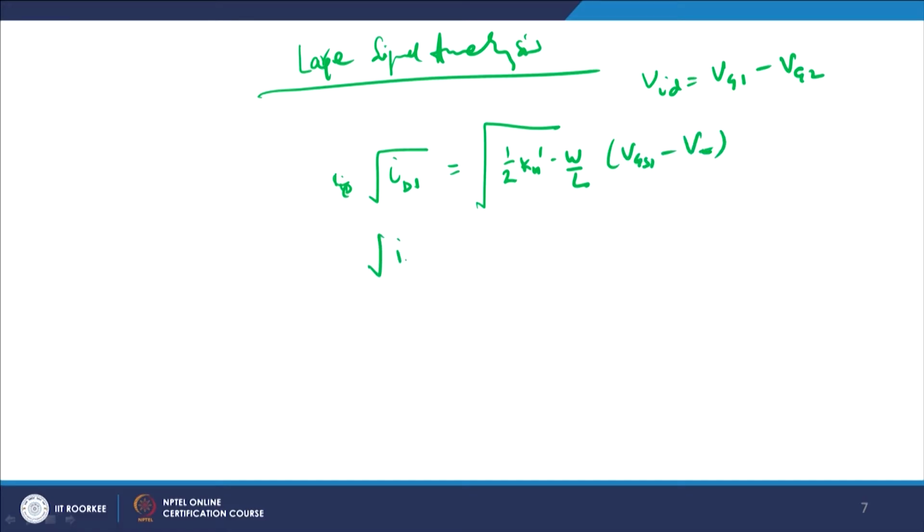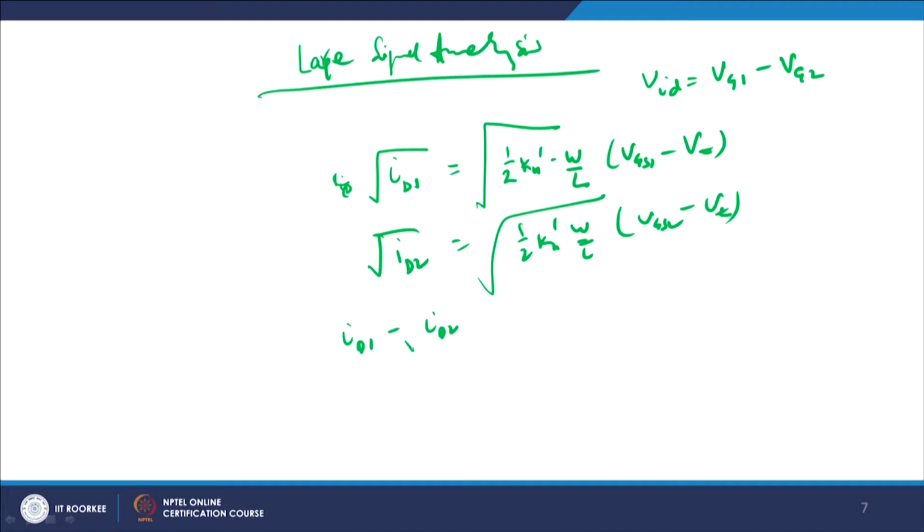Similarly, root of ID2 is equal to root of 1 by 2 Kn prime W by L into VGS2 minus VT. Fine. So if you subtract root ID1 minus root ID2, something will cancel out, and I get